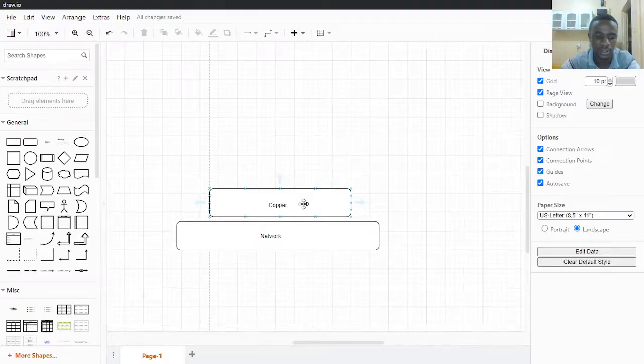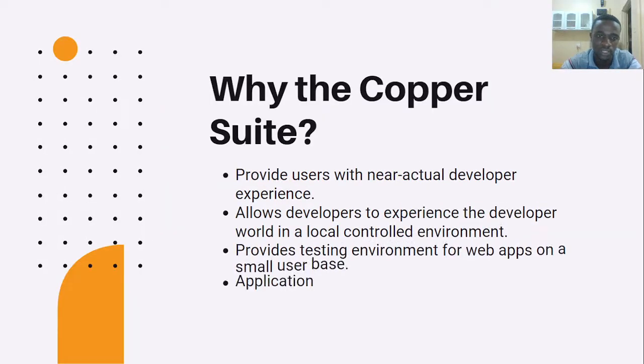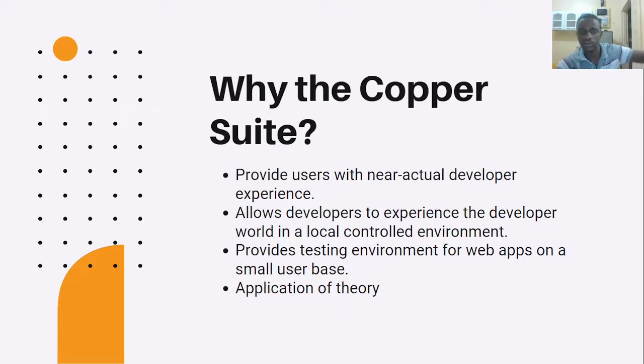Okay, then the next thing which can be talked about is why do we need it? So put that technical stuff away, and the point still stands: we want to provide users of the intranet with a near actual developer experience so that they are as close to the industry as possible, but in a local setup. Then it allows developers to experience the developer world in controlled conditions and provides a testing environment for